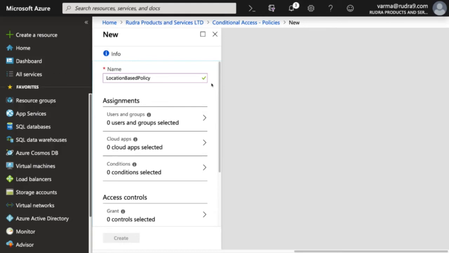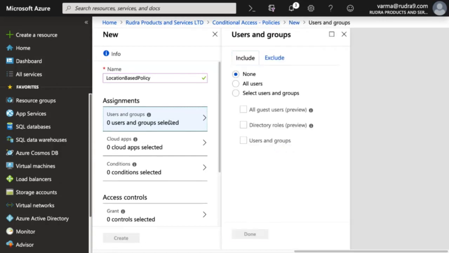Scope can be defined in terms of to which users and groups you want to apply the policy and also to which application access you want to apply this policy. So let me select a user now. Either you can include users into the policy or you can exclude also. But there will be a lot of confusion when you are using this. You have to be extremely careful when you are defining it and make sure you completely understand it. And one very good thing you can do is apply for a very small group of users and see how it goes. And also I would advise to always use include to start with.